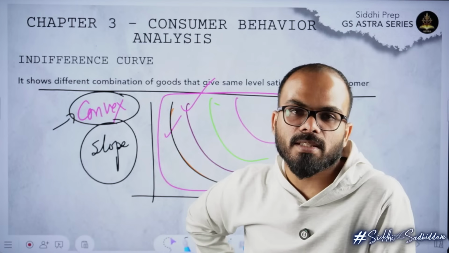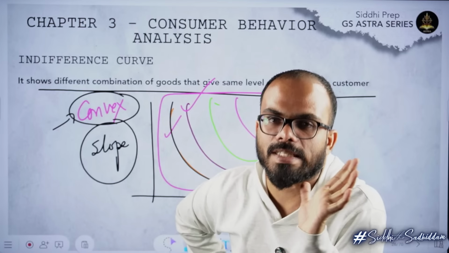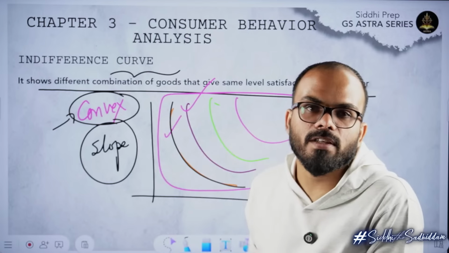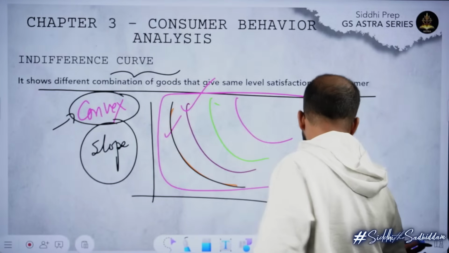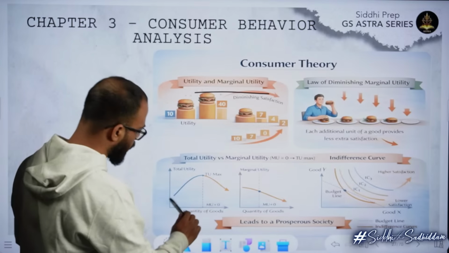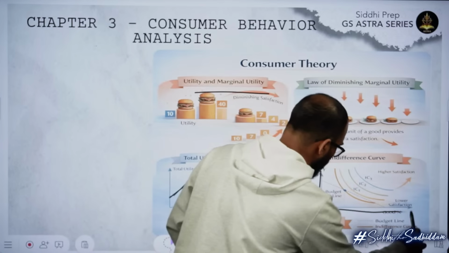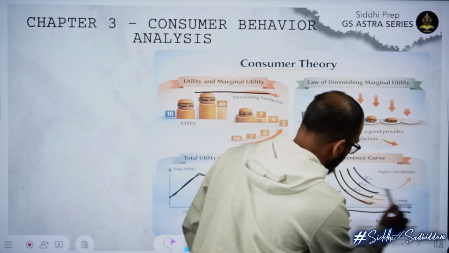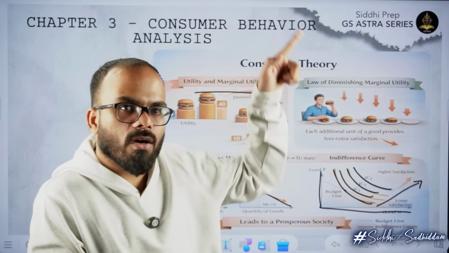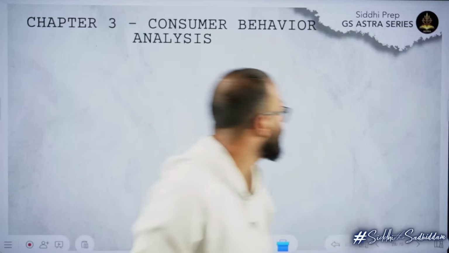So with respect to indifference curve, they can ask you what is an indifference curve and what is the shape of the curve. These two things can be asked in the exam. Indifference curve talks about those combinations of goods that give you equal levels of satisfaction, right? So this is about indifference curve, and this is utility, diminishing marginal utility. Total utility increases and decreases, marginal utility is negative, and this is indifference curve. As you proceed farther away, your satisfaction keeps on increasing, but all those goods on the same line have the same amount of satisfaction. So this is called an indifference curve.